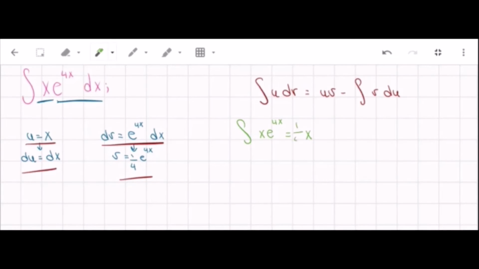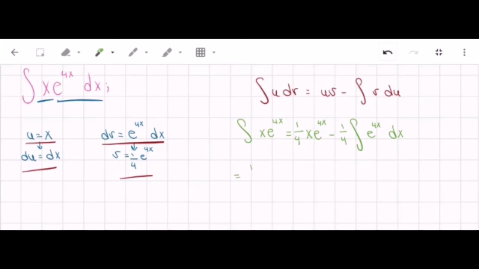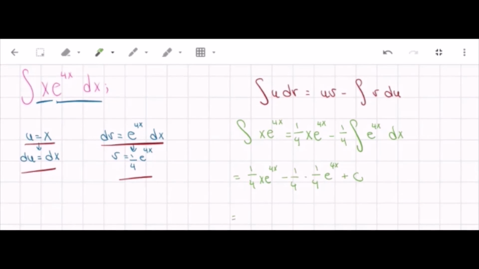So we'll write the 1 over 4 here because it's the coefficient, and then e to the 4x, minus the integral of v, again the 1 over 4 goes there, dx. That equals 1 over 4 x e to the 4x minus 1 over 4. And then you have to integrate this part. So it will be 1 over 4 e to the 4x plus c. So your final answer is